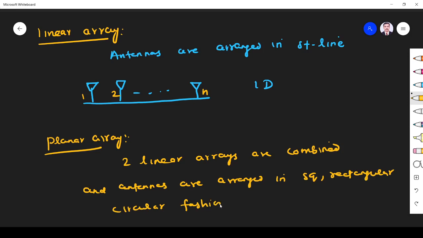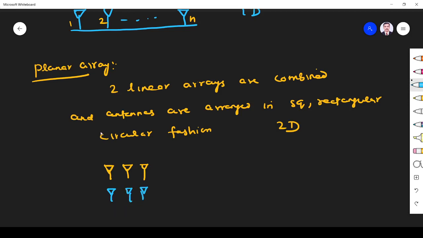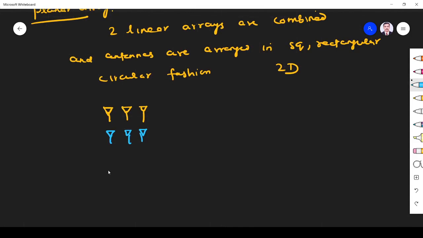So it is nothing but a two-dimensional array. A planar array is a two-dimensional array. Here the antennas are arranged row and column wise, as you can see. This is the planar array.